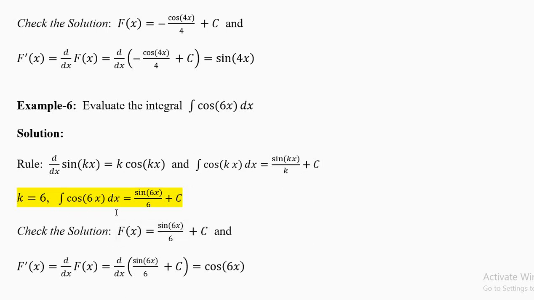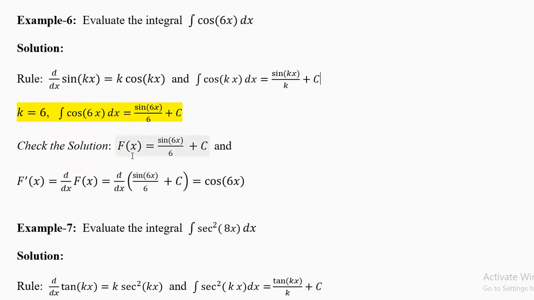So the integration of cosine is sine. It is 6 here, divide by 6. If you have x square inside, you cannot do this. If you have a number only, you can do it. It is 6x, it will become by 6. If it is 4x, it will become divide by 4. If it is 20x, divide by 20. Sine 6x by 6 plus c. Now, this is your capital F, which is your answer, sine 6x divided by 6 plus c.